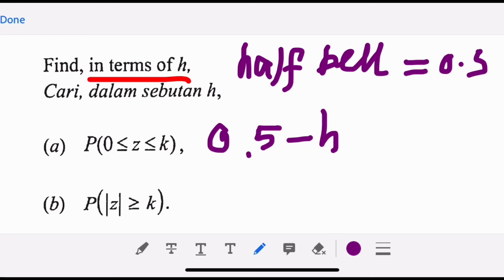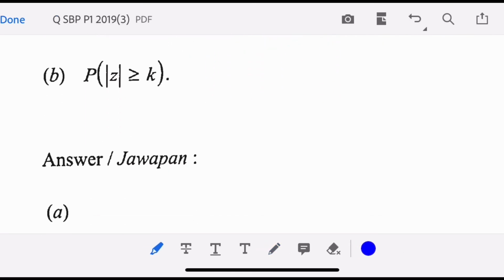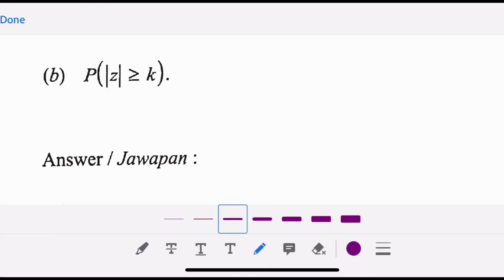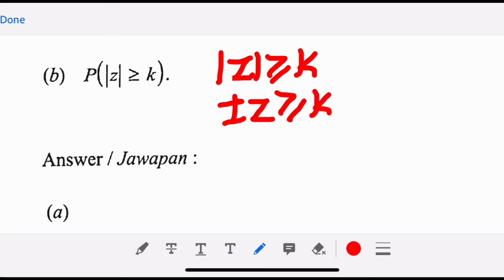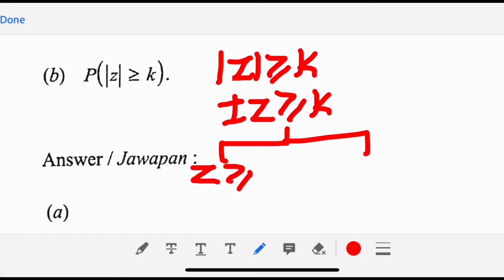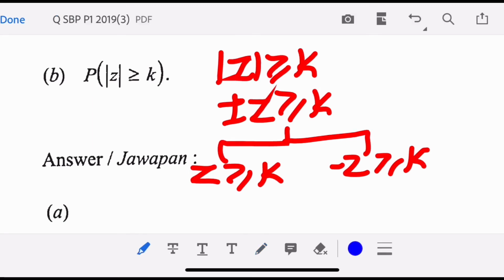So they will minus out the h to get the balance. And that balance is actually z-score from 0 to k. Now about the modulus, many students tend to forget. So now when you see modulus, you always see two lines, isn't it? So when you want to solve, you must actually take away the two lines and replace them with plus and minus, and you split into two equations